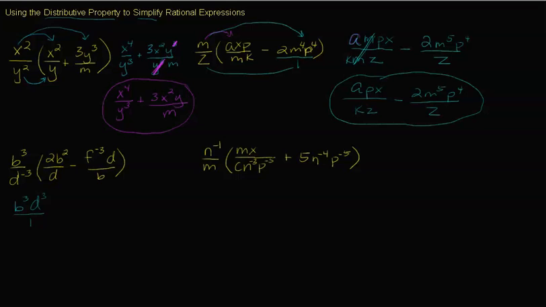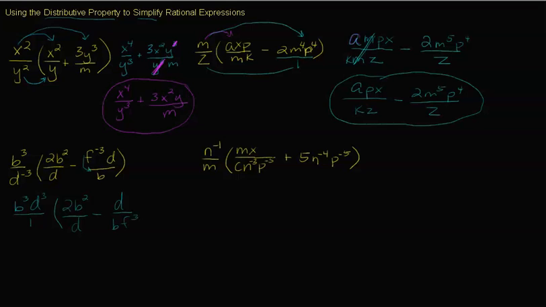Remember that it's over 1. Now this has no negative exponent, so we're going to keep this the same. And this is going to go down to the bottom because it has a negative exponent. So d over b